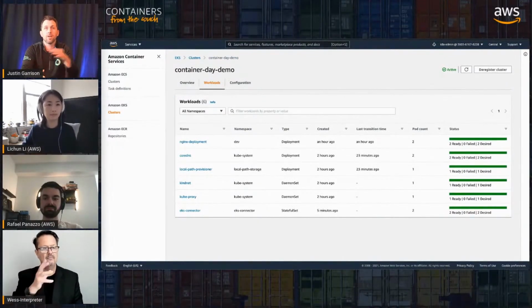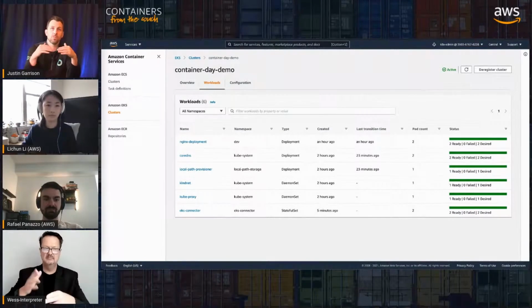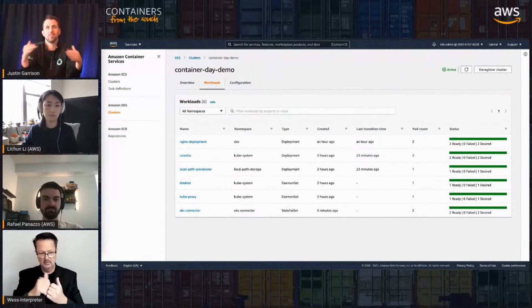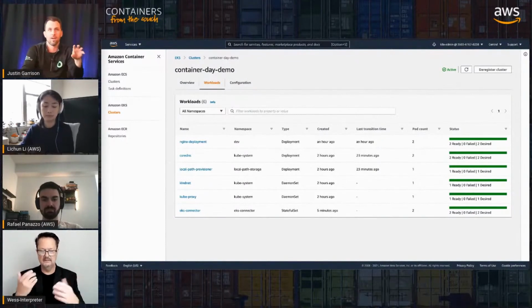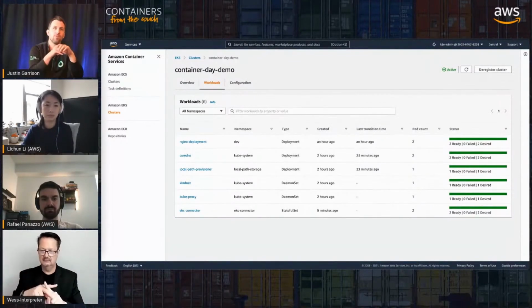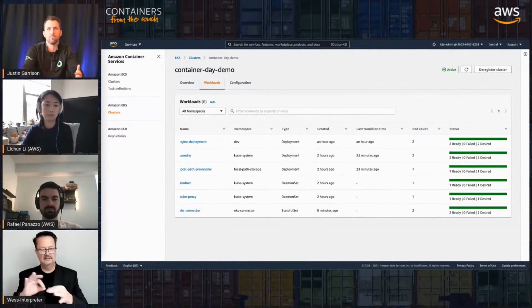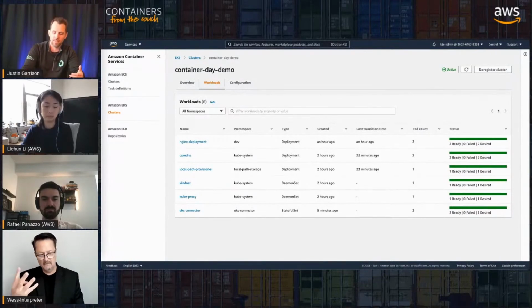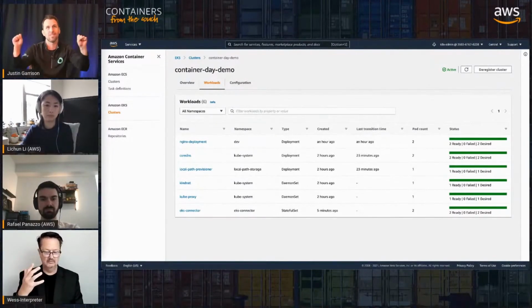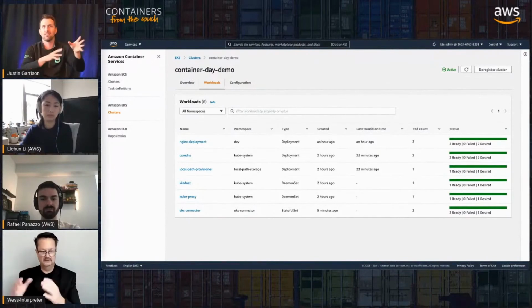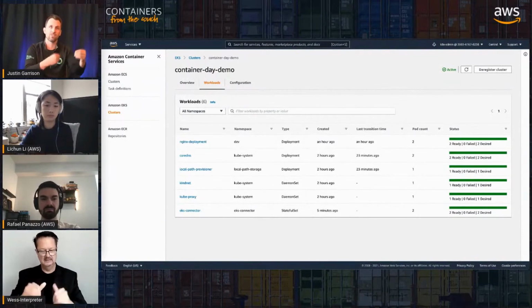And to bring up what you were mentioning earlier, if people aren't familiar with SSM, the Session Manager tunnel opens a secure TLS socket to AWS APIs and then tunnels all of your traffic through that. It's similar to making a TLS connection to Amazon for any sort of API calls that you're doing. I noticed there was one question about the SSM channel, if it was using mutual TLS. And mutual TLS is a very specific implementation where both sides have a certificate. And in this case, AWS has a certificate. The traffic is still encrypted over that certificate channel, but it's not